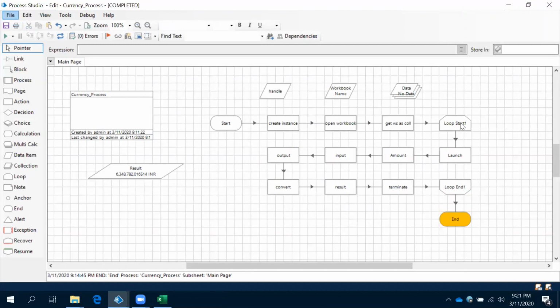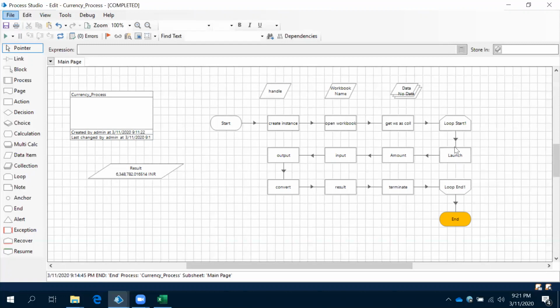Observe carefully. Here what we are doing, between loop start and loop end, we are giving launch. It means this loop will do, for however many records we have in a collection, that many number of times it will implement between the loop start and loop end, right?